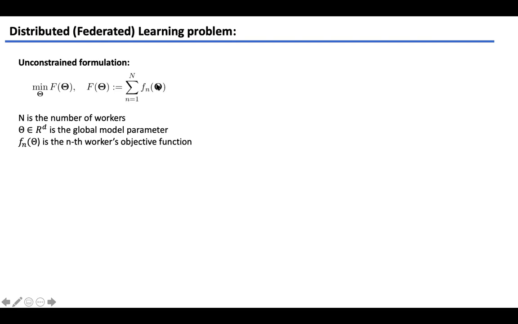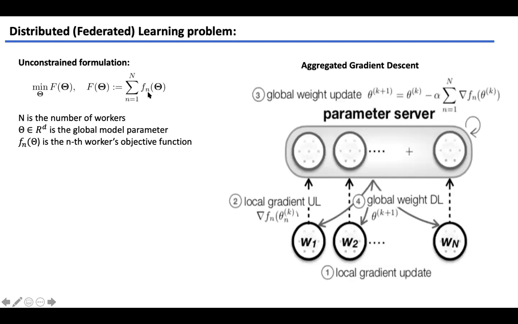So this model is shared across workers. Therefore, we minimize the sum of all local functions. And a well-known method to solve this unconstrained optimization problem is what is known as aggregated gradient descent or distributed gradient descent method. In the distributed gradient descent method, the parameter server will start with an initial guess of the